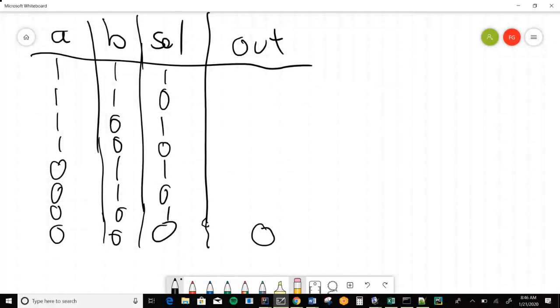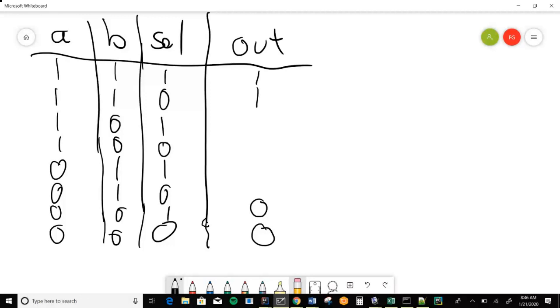Likewise, if we've got 1s coming in on both A and B, it still doesn't matter what the selector is. It's going to be a 1. For that matter, if I've got 0s coming in on both A and B, even if my selector is 1, I know it's going to be a 0, because the selector is just picking one of these. Now, the convention is if the select is 0, it's selecting A, and if the select is 1, it's selecting B.